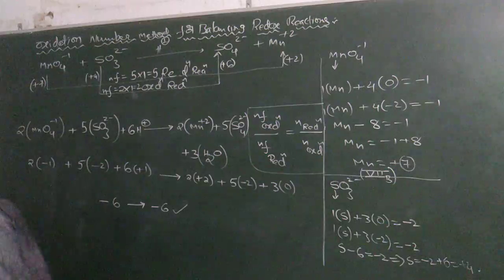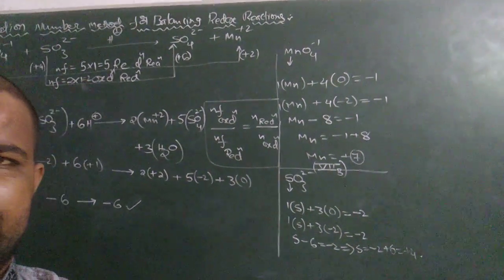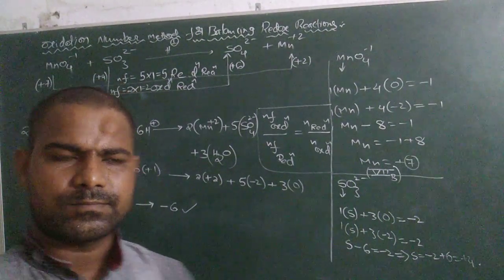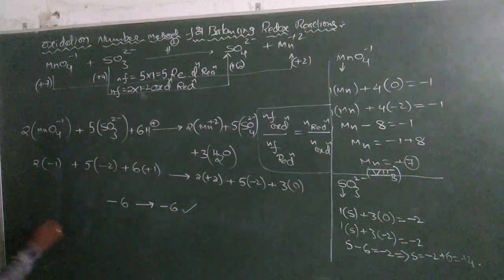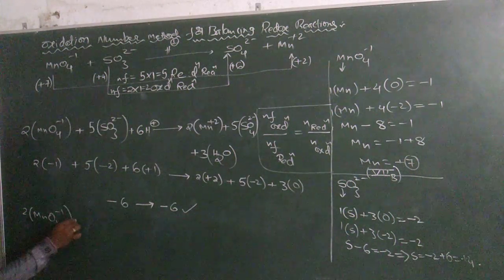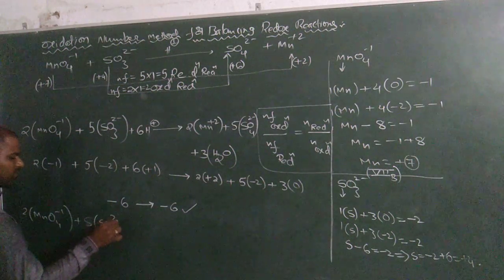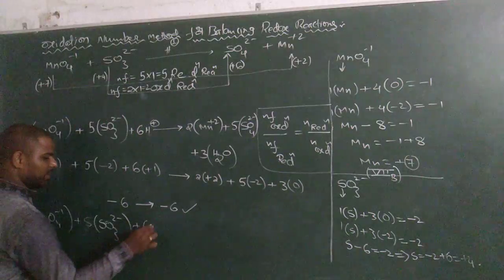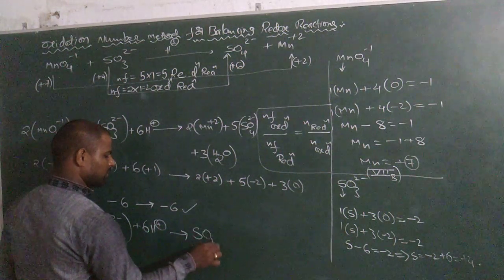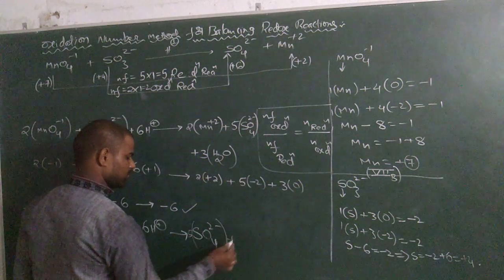So we will simply write it as 2 moles of permanganate on reaction with 5 moles of sulfite in acidic medium is oxidized to produce 5 moles of sulfate and